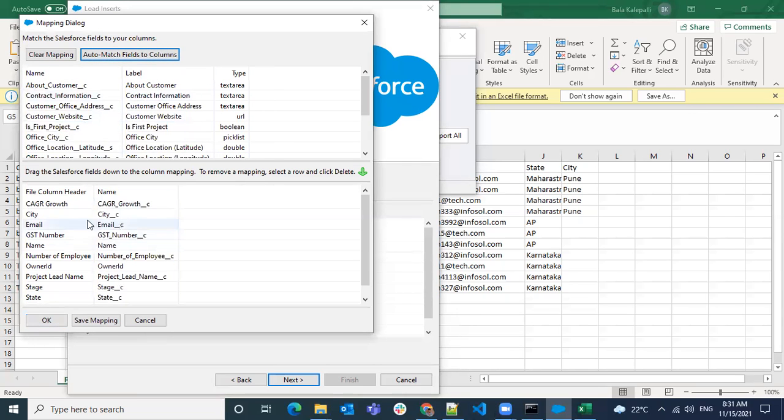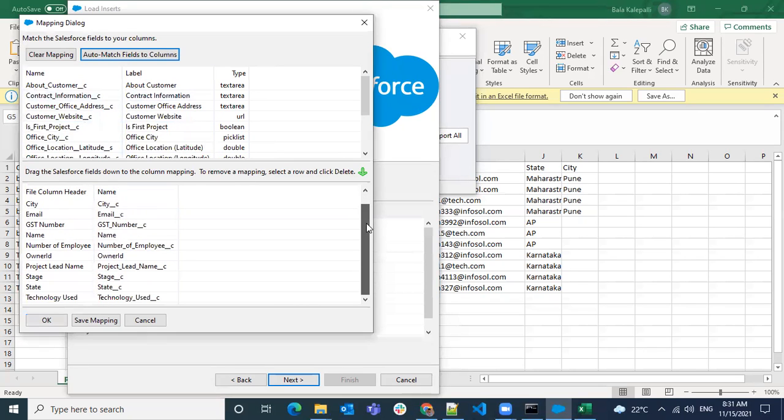Mostly it will try to match based on the name matchings, and if it is not the same one, you have to do a drag and drop here. So the one that is not correct is Owner ID. Why? Because it will only take ID values. You cannot use name fields like how you use in a data import wizard. You have to use Salesforce IDs only. No other options. Let's use the names like this and see how it will give an error.